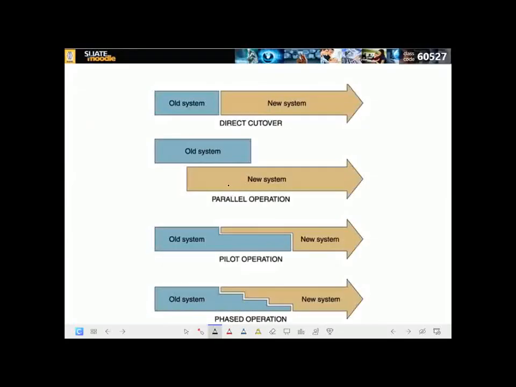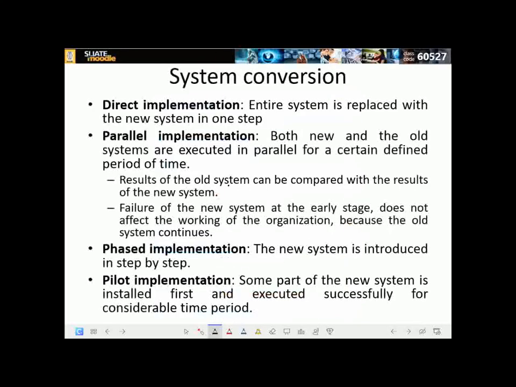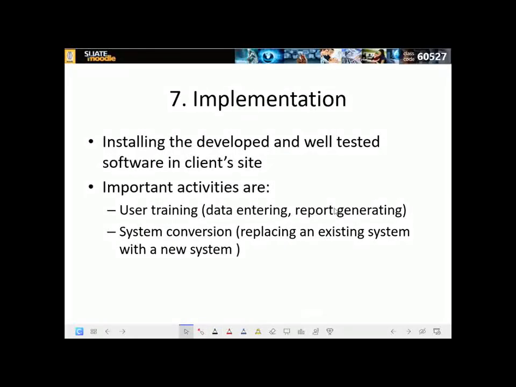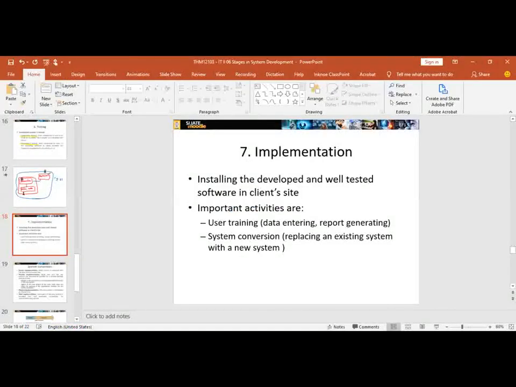Then the next one is implementation. Yes, students,